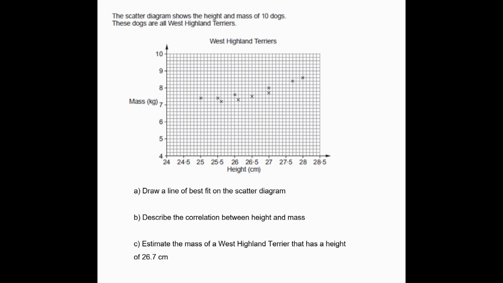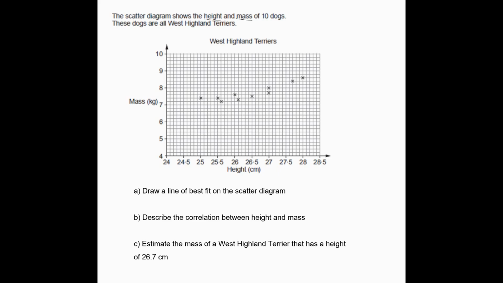We use a scatter graph to investigate correlation between two variables. Basically, if we want to see how changing one variable might affect another variable, we use a scatter graph. Here's an example. The scatter diagram shows the height and mass